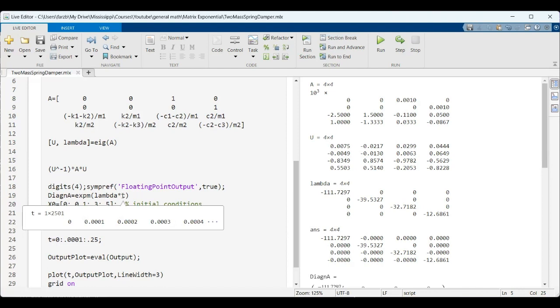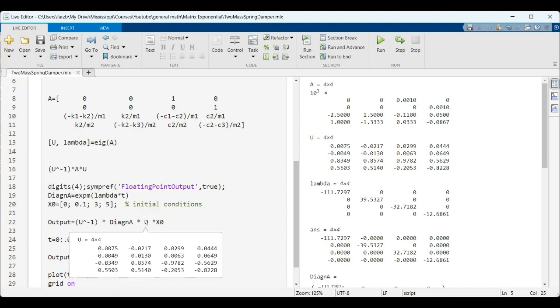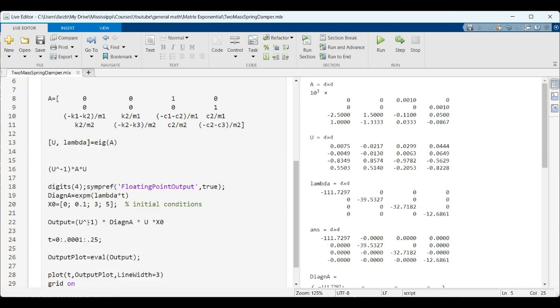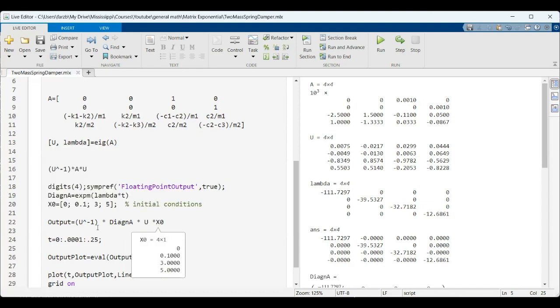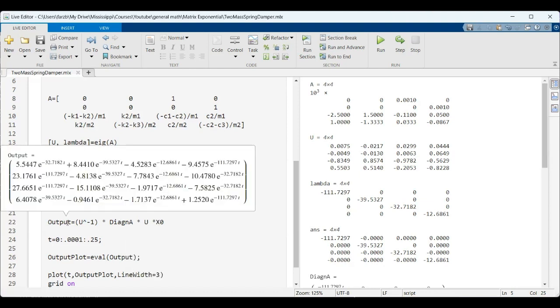Then when we have e to the power of that diagonalized matrix, we have to multiply it by U from the right and U inverse from the left, and then multiply by X0, it gives us X at any time. And you see, it is a sort of complicated function. It has all 4 exponentials for each one of the